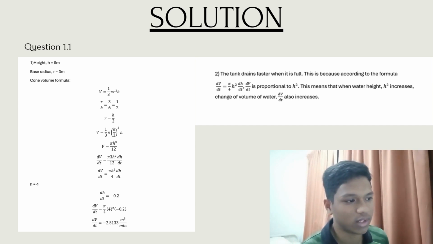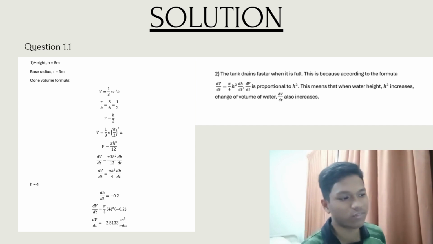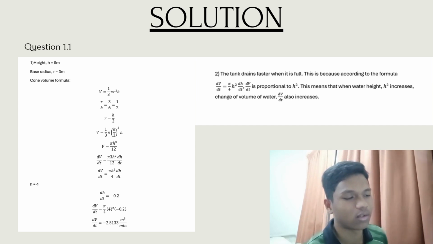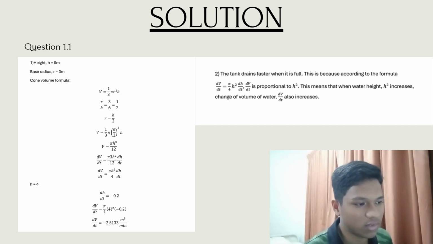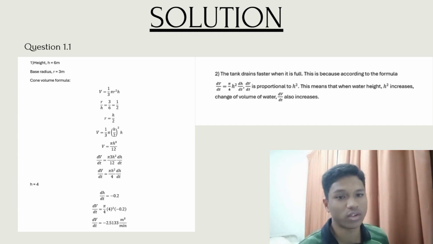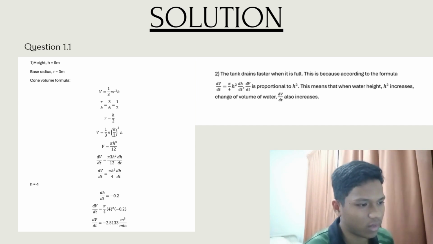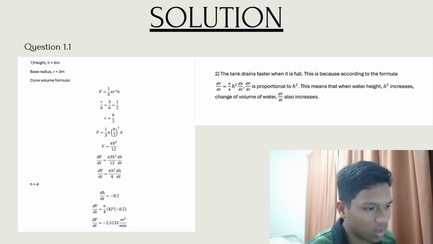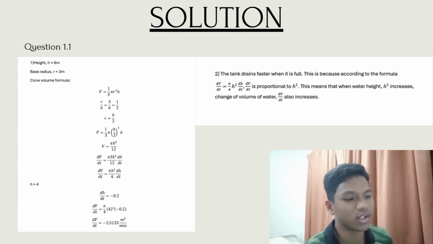So here we do a bit of calculation and transform r into h/2, and we insert this value into the formula again, and we get V equals pi times h cubed over 12. So we differentiate it and we get dV over dt, and after we get the formula, we insert the information, which is h equals 4